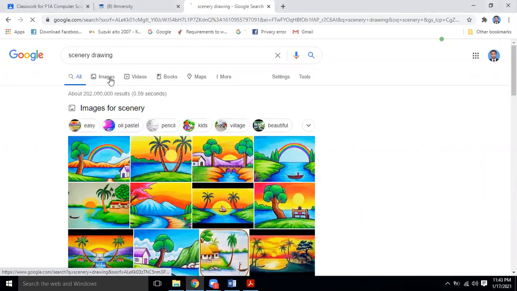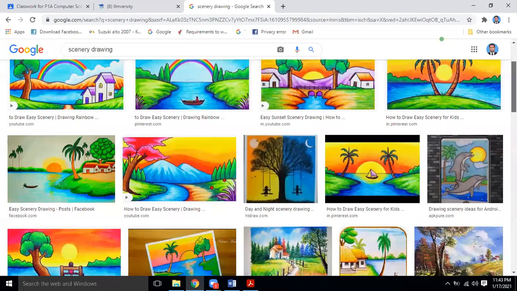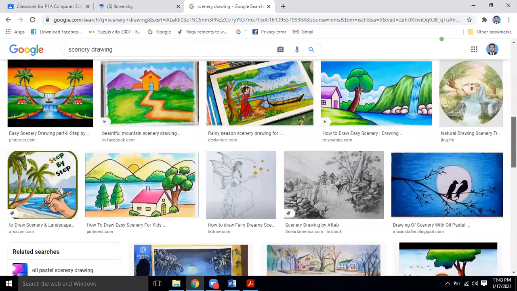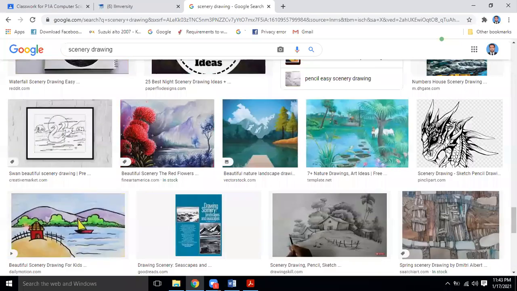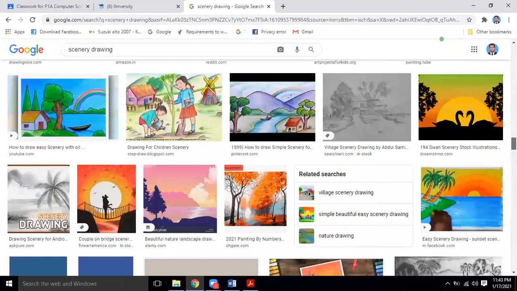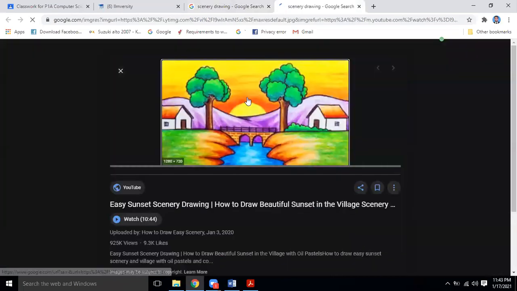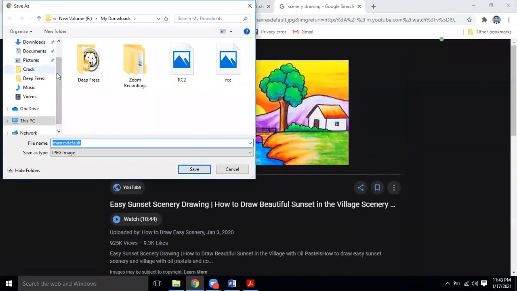We take one scenery, and the objective is that we should have a bird flying from one tree and moving towards another tree. So there should be at least two trees available. Just like we take this one, there are two trees. I save it on my desktop.